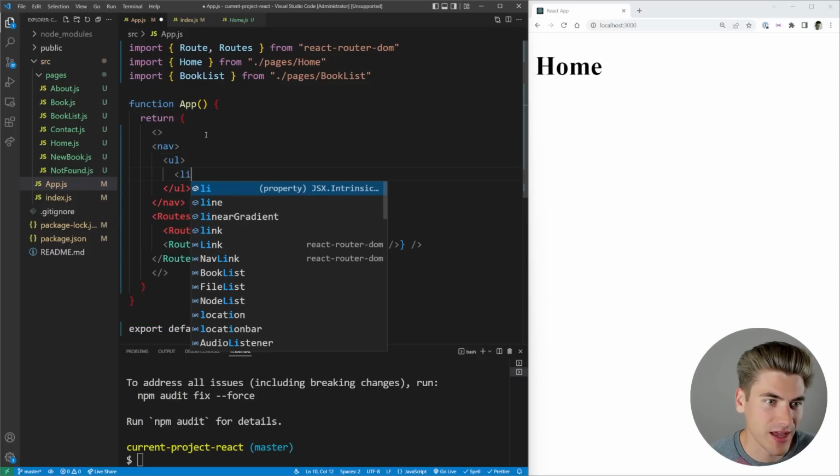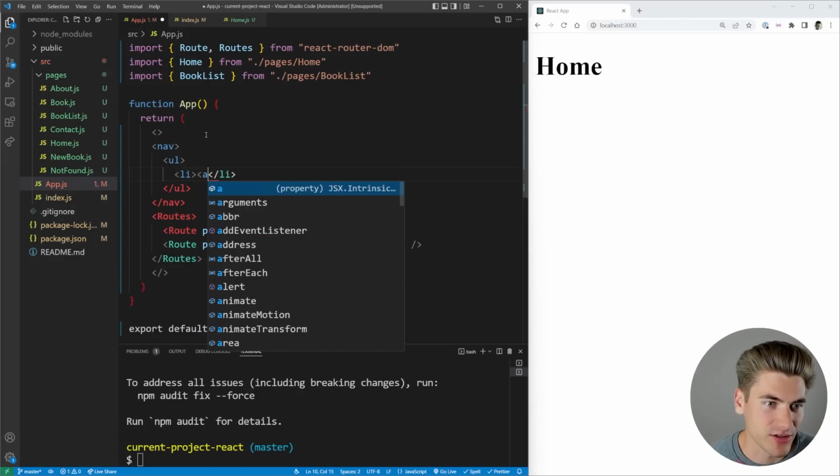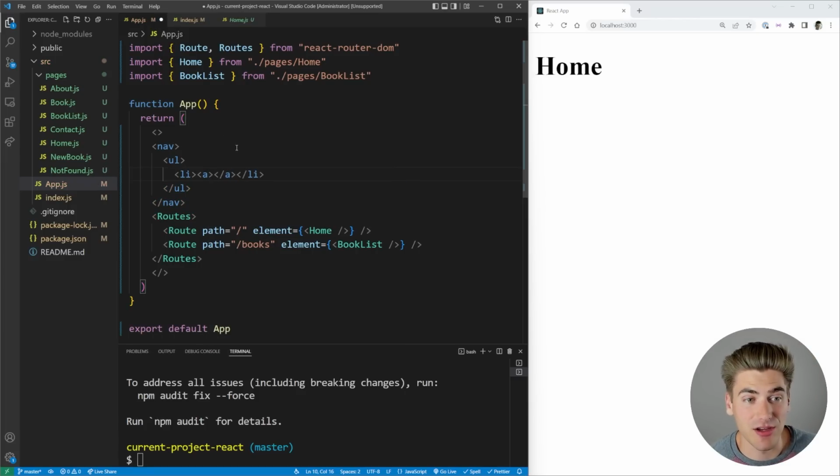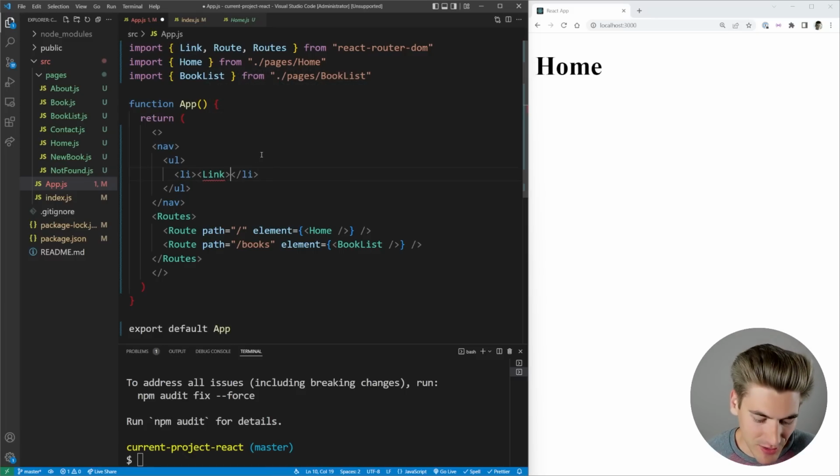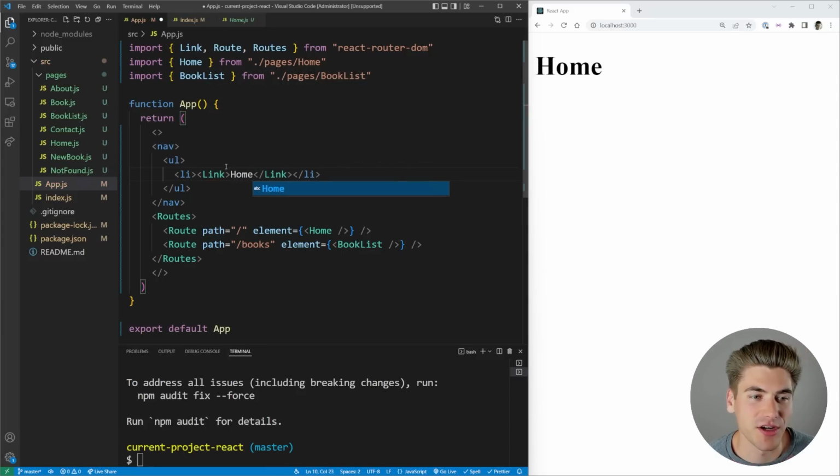And each one of these is going to have an li, which is going to have an anchor tag inside of it. But instead of an anchor tag like you would normally have, you're going to use this link component. And the link component essentially replaces all of the anchor tags in your application because instead of using an anchor tag to do all the redirecting, we're using this link component. And this link component is technically an anchor tag underneath. So if we just say that this is going to go to the home page,